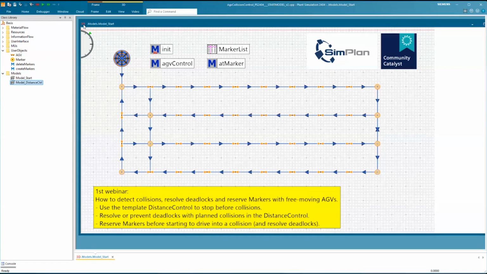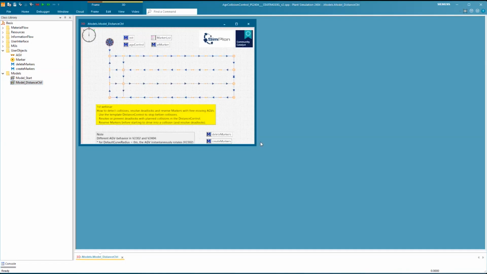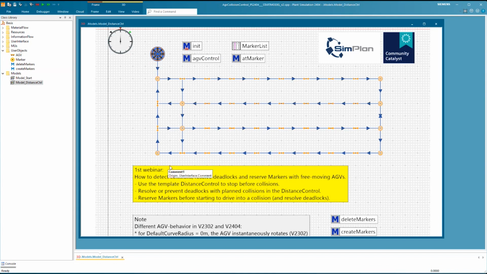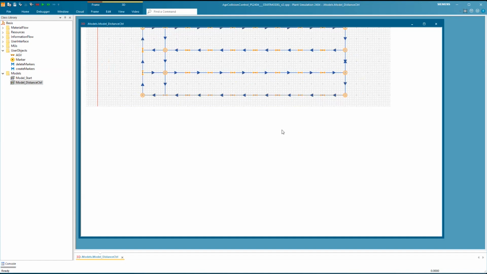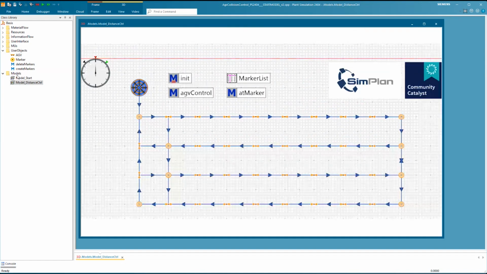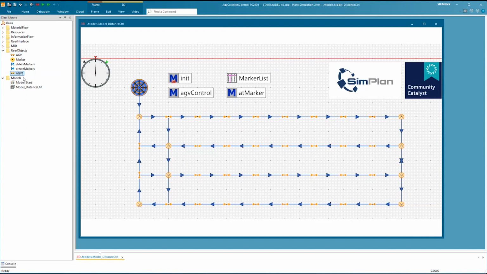If you try to follow along, you can just do it in the one model and keep modifying it. That's completely optional. I'll remove these things that I'm not using here. I will also duplicate now my AGV class here and say this is AGV distance control, or say template.